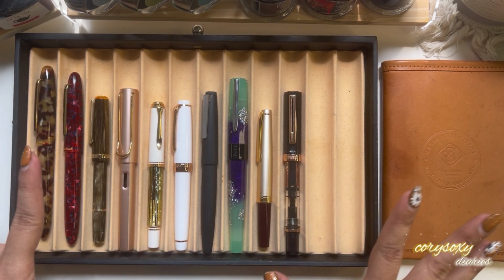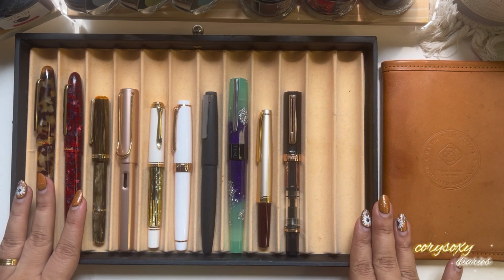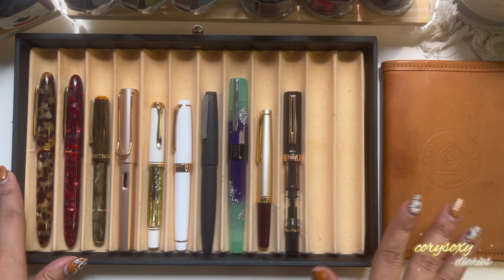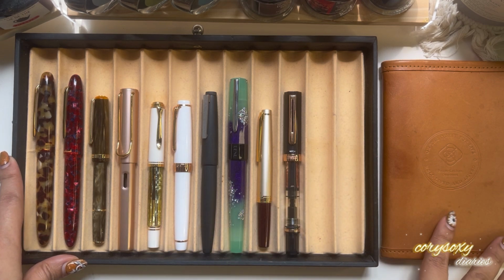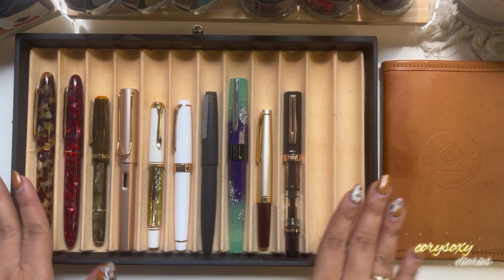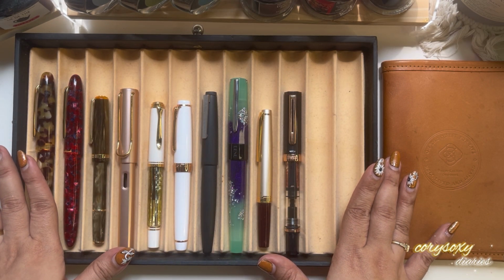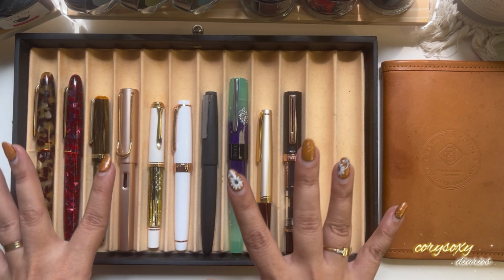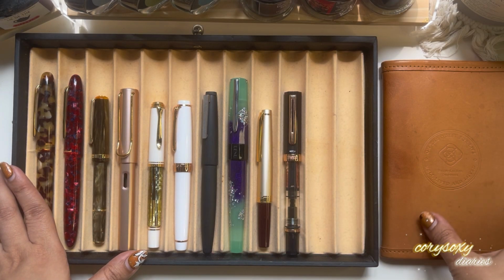So I might be late for the party. I just realized that I was not able to film my 2024 best pens. Okay, I just filmed the pens that I purchased last year. So this is also for my reference that this year I might not be using this pen so much, or I will lay low. But I was aiming for top 5, but it's really difficult because I referred to